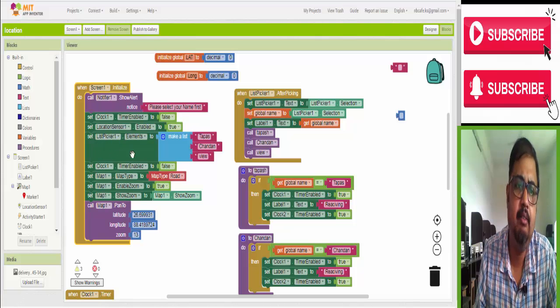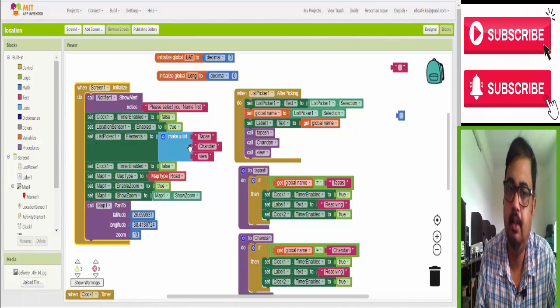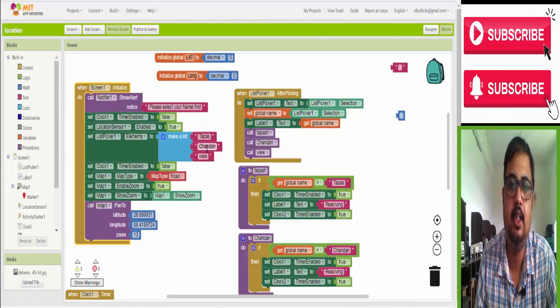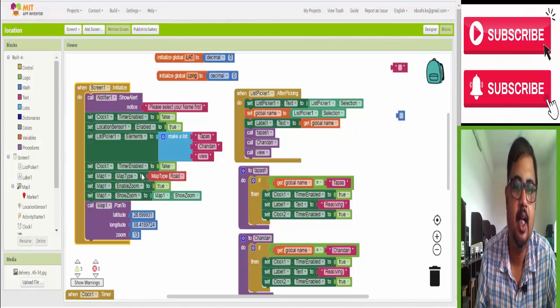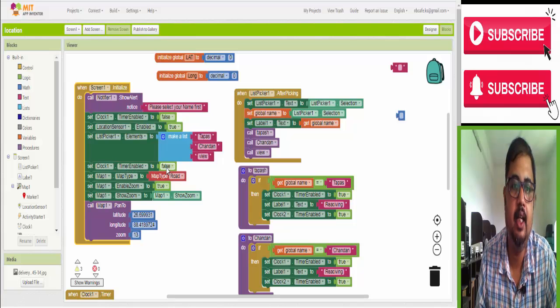Now see, I make a list of 3 people: mainly 2 people, one with the name Tapash, the second one is Chandan, and the third one is View. This View is for admin purpose only, because when you apply this view, you can see the movement of those guys. Okay, now see, Clock1, again I make false.